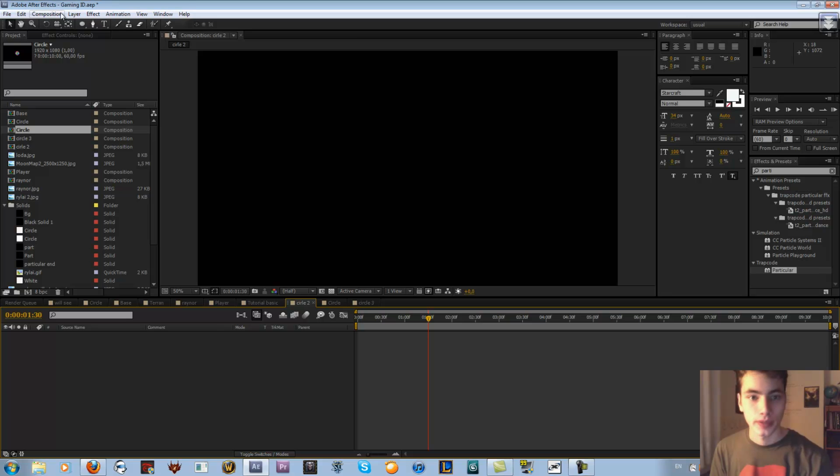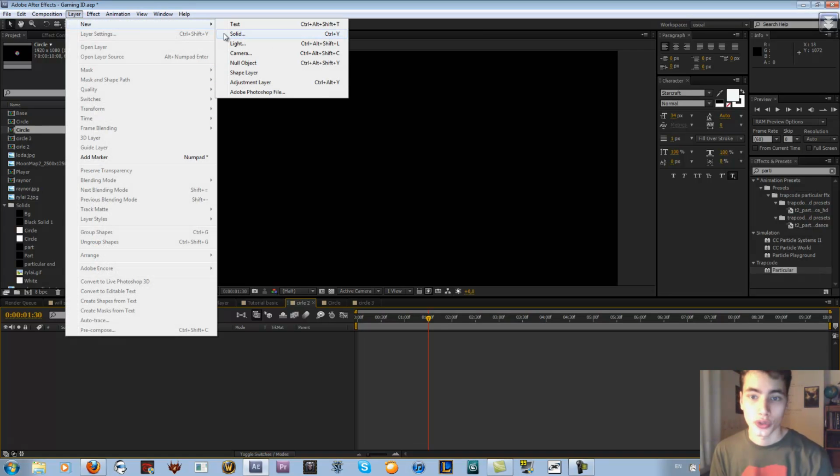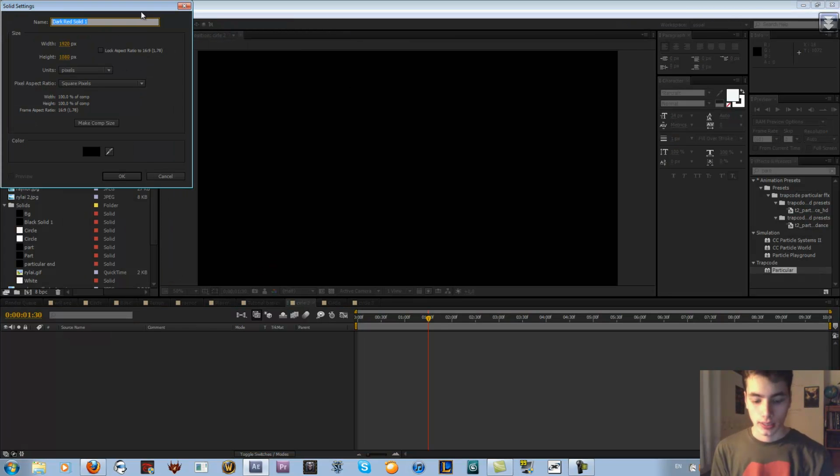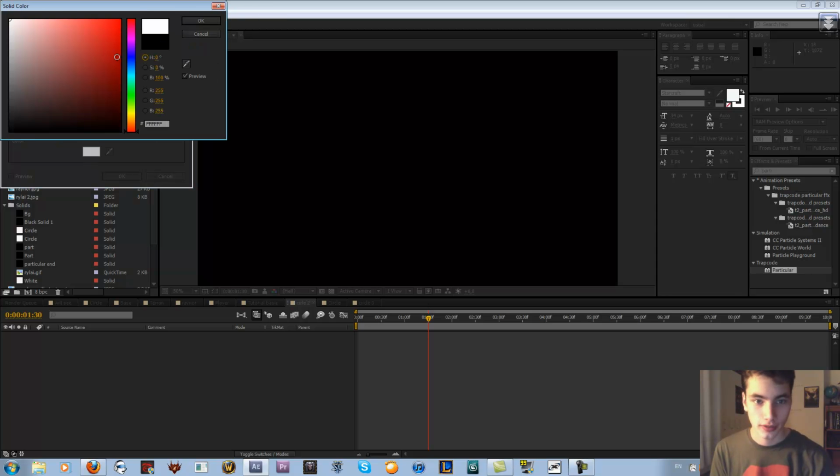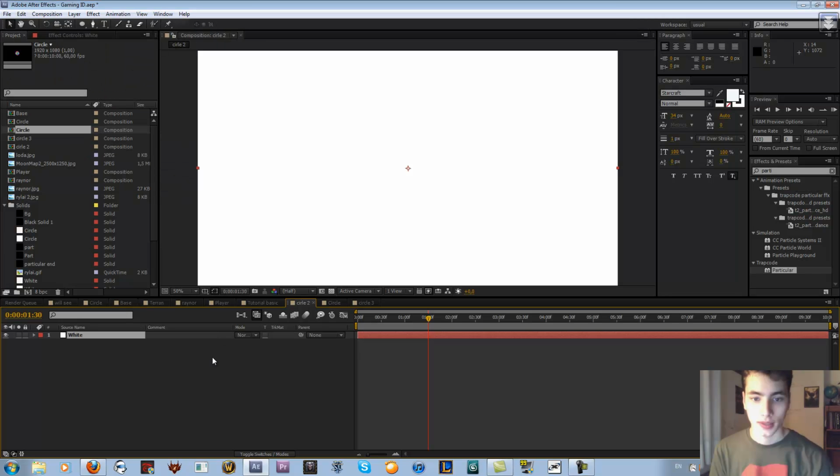Now, this is what we're gonna do. Go to layer, new, solid. I'm gonna name this solid white. Guess what? It's gonna be white, okay. Then, go to our masking tool, right here, hold down left click till this small window pops up, click your ellipse tool,